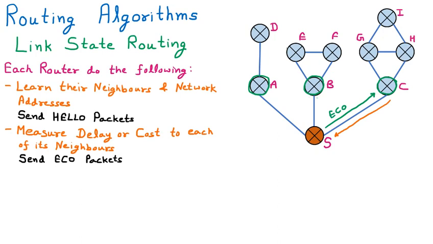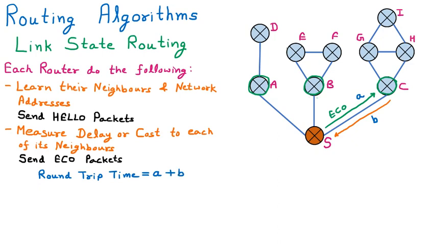We are assuming that the time for sending from S to C is A and the time for sending from C back to S is B. So that means the total time which was taken is A plus B, or we can say that the round trip time is A plus B. Meaning sending is A and receiving is B. This is the total time consumed.